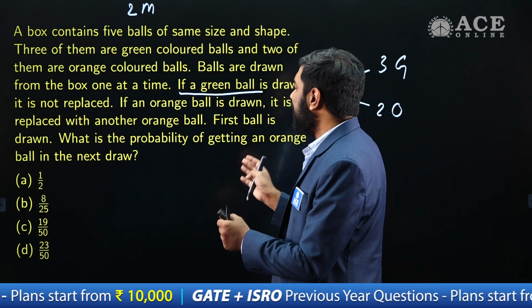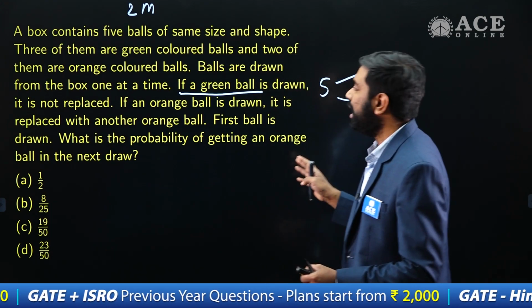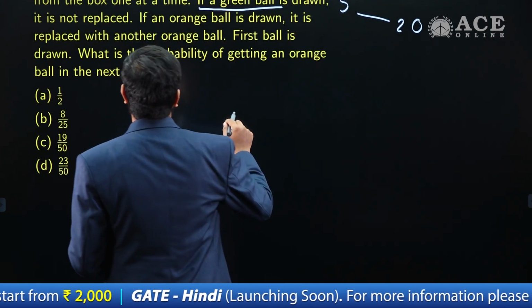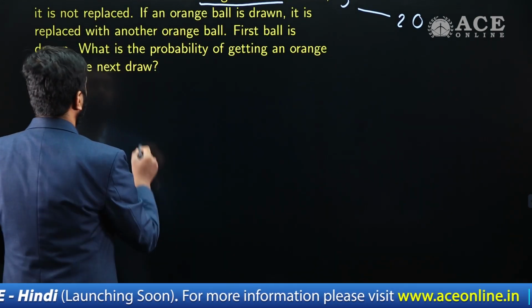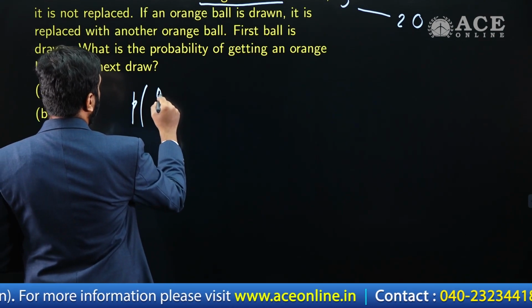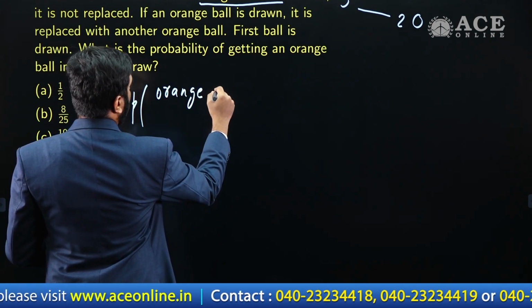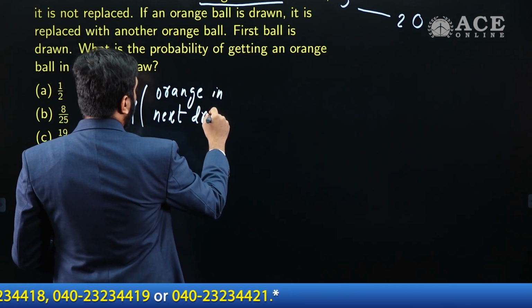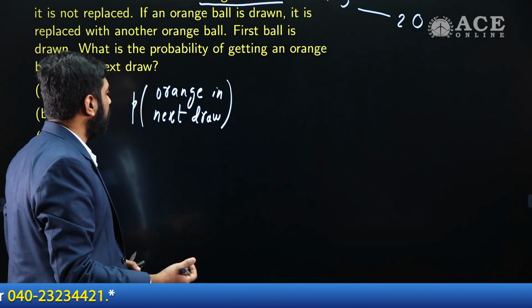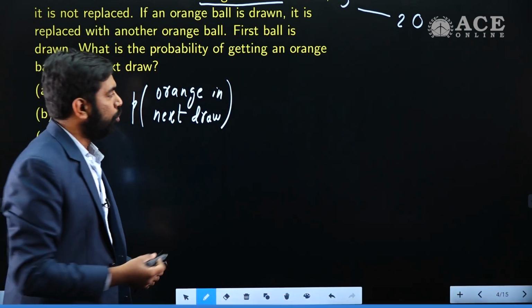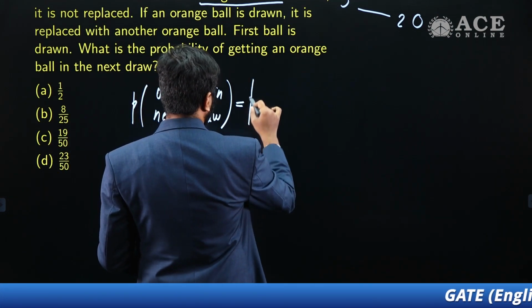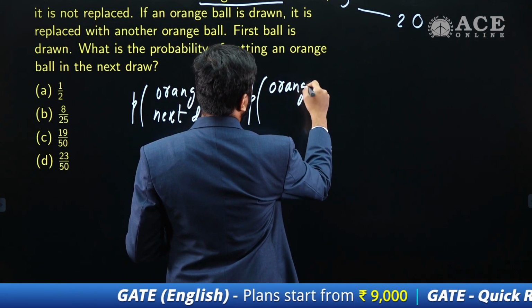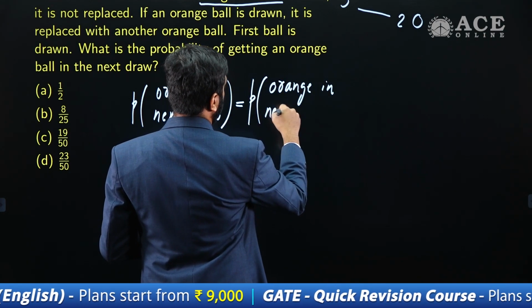So with this data, what is he asking? What's the probability of getting an orange ball in the next draw? So we are supposed to find the probability of drawing an orange ball in the next draw. So let's write like this: the probability of drawing orange in next draw. The probability of drawing an orange in the next draw depends on what you have drawn in the first draw. So I'm going to condition this. I'm going to write like this: the probability of drawing an orange ball in the next draw is given as follows: orange in next draw